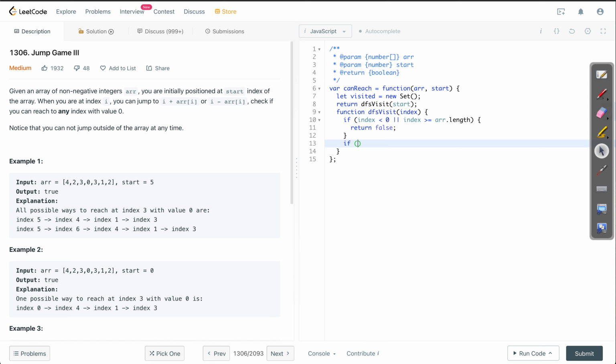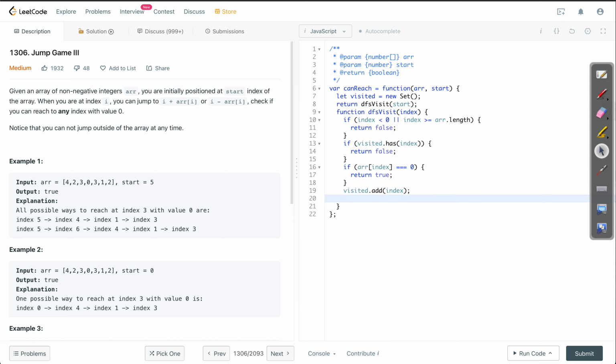So if visited has the current index, that means we can return false. If both are not true, then we should check if it contains our desired value, and that is going to be 0, right? So we return true here. Now the process step where we mark the current node as visited. So visited.add index, we have marked it as visited.